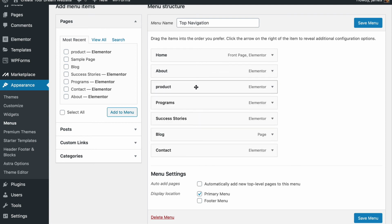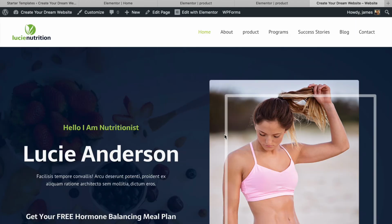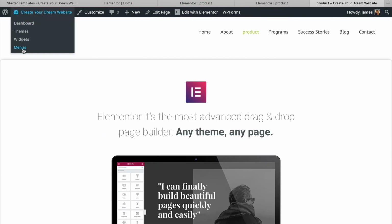Pretty cool, right? Now say if we didn't want it, let me just go ahead and save the menu and show you what this looks like. Now we can head back up here and take a look. There it is. There's our product page. Awesome, right? So if we head back, go to Menus,